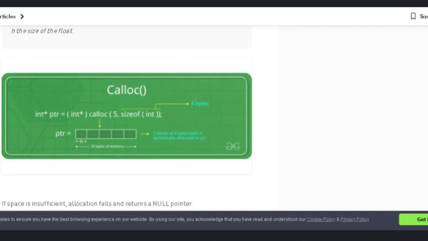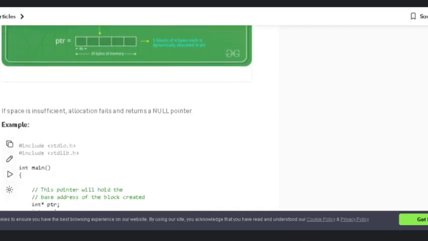And in both cases, whether malloc or calloc is used, whenever we free this memory using the free function, the whole block will be freed, whether it is a group of blocks, like these 5 blocks, or a single block of memory space as in malloc. Okay, so that is the calloc function.